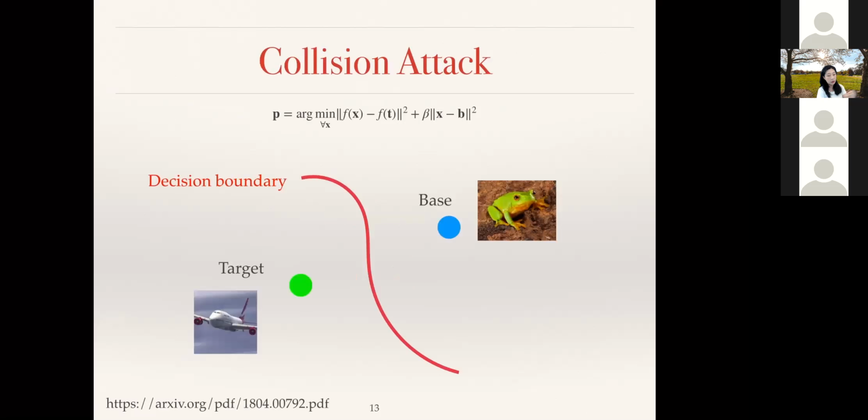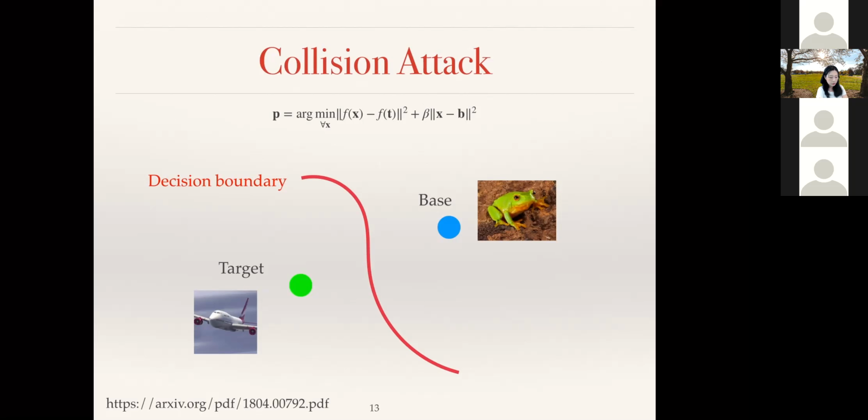This paper is from Tom Goldstein's group. Tom is our faculty here. You can also find the arXiv link of this paper. This is a so-called collision attack. Let f(x) be the function that propagates an input x through the network to the penultimate layer, the layer before softmax. This is what we call the feature extraction layers. We call the activations of this layer the feature space representation of the input,